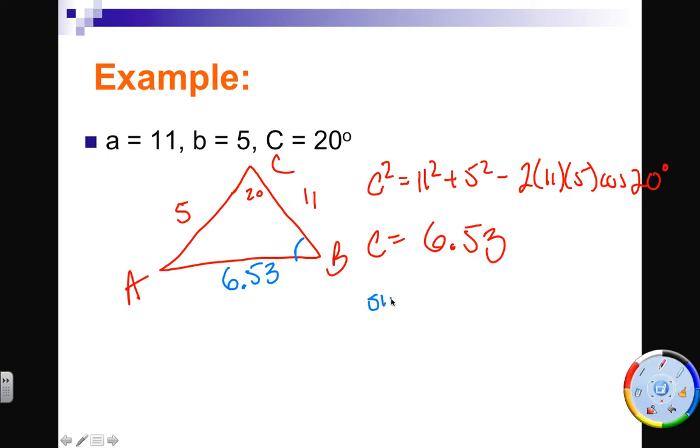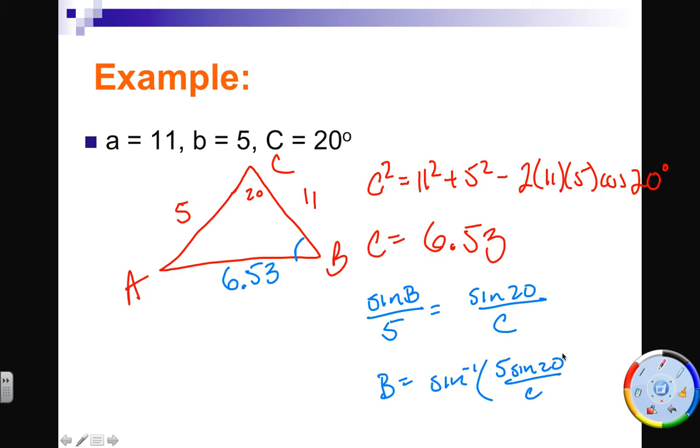I'm going to say sine of B over 5 equals sine of 20 over little c, and I'm going to use little c in my calculator, so I'm not going to bother getting a decimal in there. So B is equal to, just like we did yesterday, sine inverse of 5 sine of 20 over little c. And I get B equals sine inverse of 5 sine of 20 divided by answer. I get 15.18